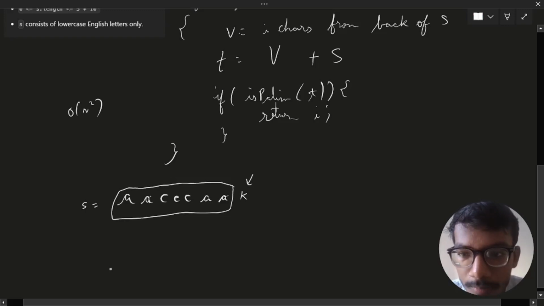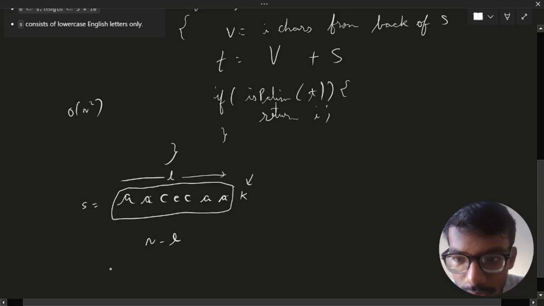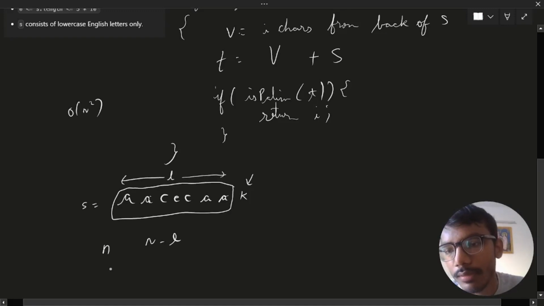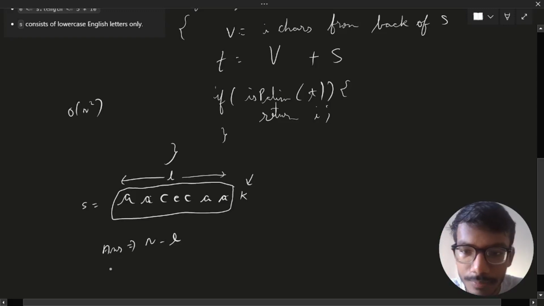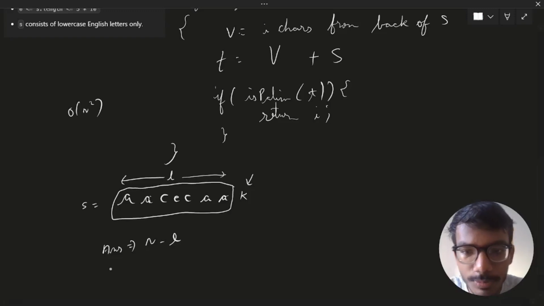If I found it, simply do n minus l. So this is nothing but l, the length, right? So this would definitely give me our answer. The total length is n, and if I subtract the longest possible palindrome, that would definitely give me my answer,